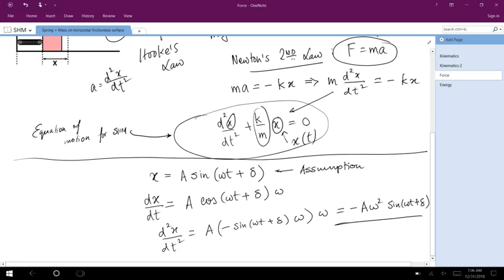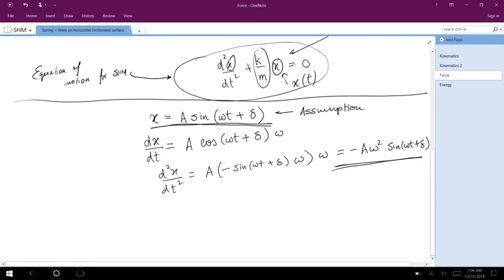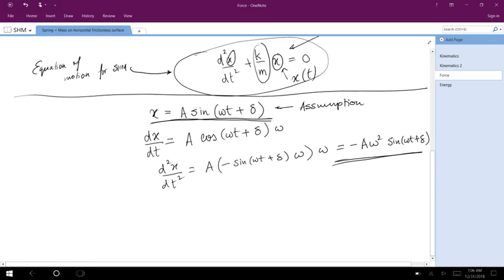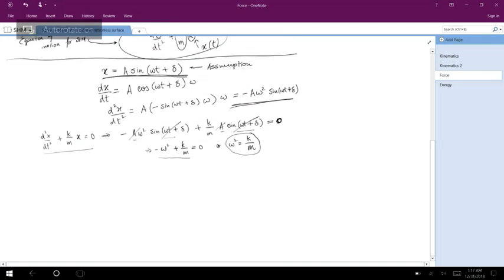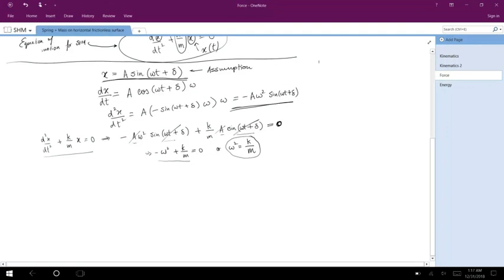So now if you compare this function, negative a omega squared sine omega t plus delta, and our original function x equals a sine omega t plus delta, you see both functions have sine omega t plus delta and look similar. So there's a possibility that this set of equations will solve our differential equation. Let's try to plug them in and see what we get. Once we plug our assumption into the equation of motion for SHM, we find this relationship. So this is our original equation, and once we plug it in, we find